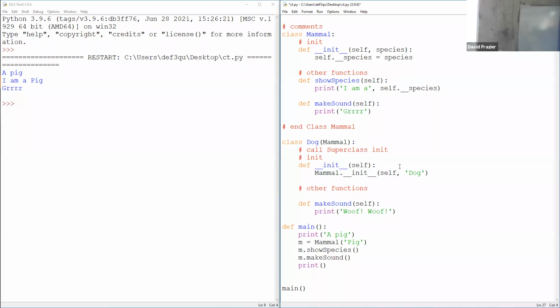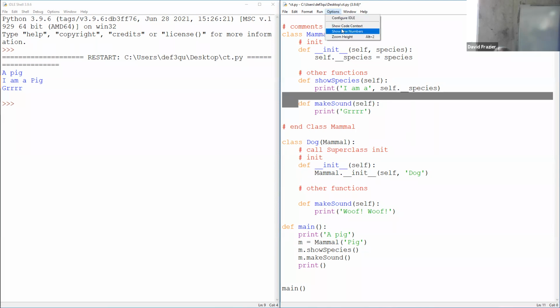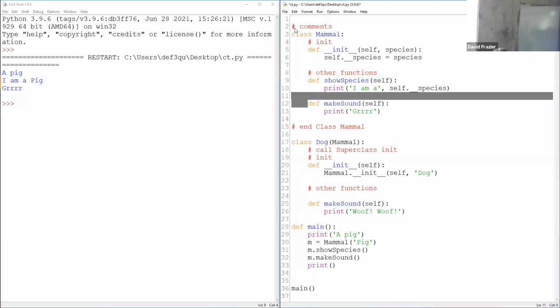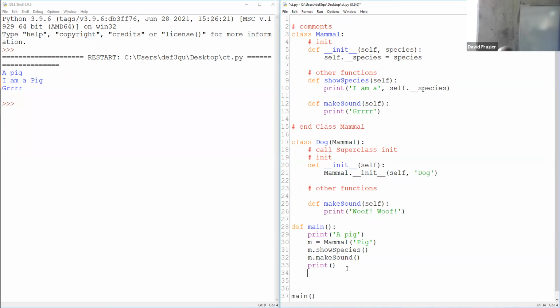Anyway, so the idea here is if the calling object is a mammal, it's going to run this make sound. Okay. So in this case, when I call make sound, it calls the function on line 12. Okay. But if I were to create